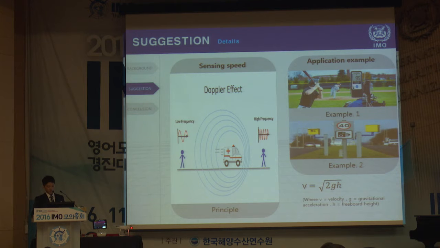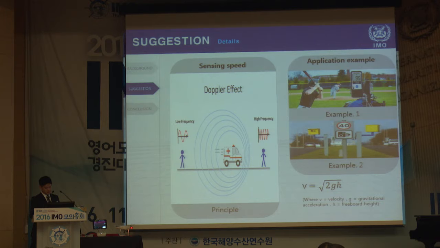Third, we need a sensor which measures the speed of a moving object using lasers. This sensor works by the following principle. In short, the Doppler effect is the phenomenon by which a wave's length changes depending on whether the source of the wave is moving toward or away from the observer. As it gets closer to the observer, wavelength decreases. This technology is applied to the basic speed gun and police speed cameras.